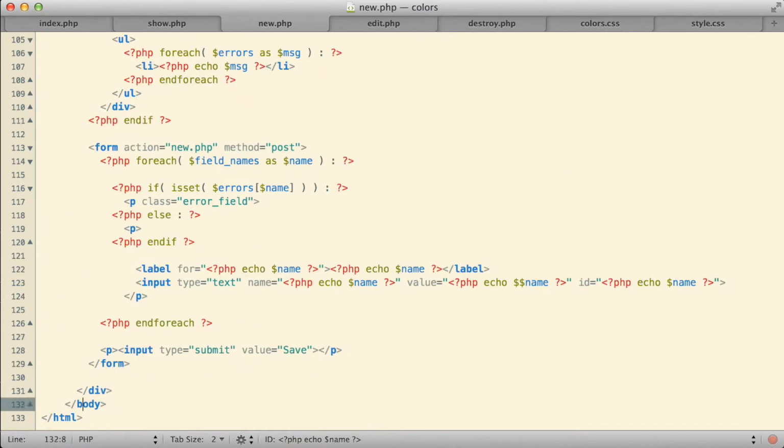In order to actually create the form then, the form itself started basically like normal. Then I had this for each loop where I went through each one of those field names. For each one of those different field names, we checked to see if there was an error for it. If it was, we put it in an error field class paragraph. If there was no error for it, we put it in a regular paragraph. And then in the label itself, we say that that is the text that the user is actually going to see right here. We also then down in the input field itself use that name in various different places, but most of those places are pretty invisible, so those aren't really causing us much of a problem.